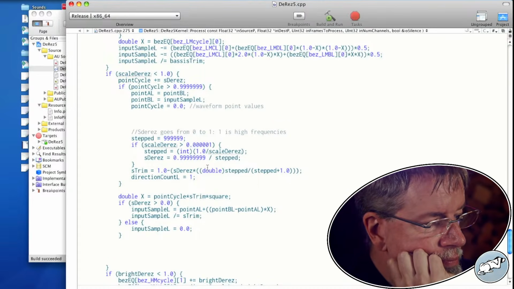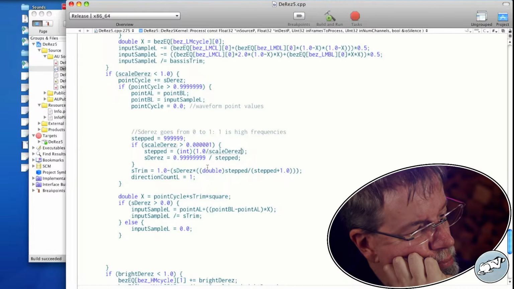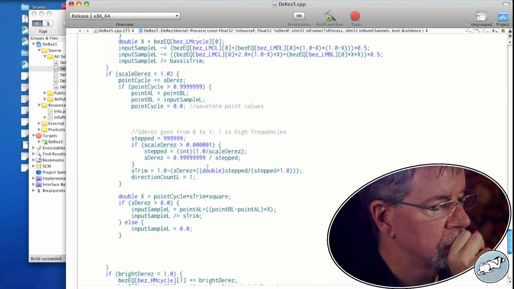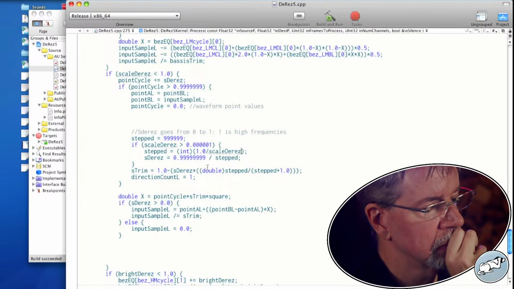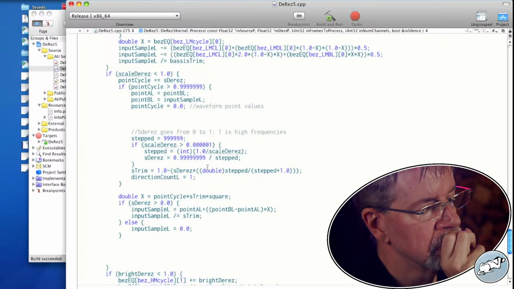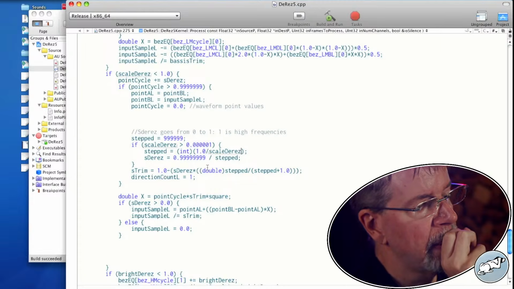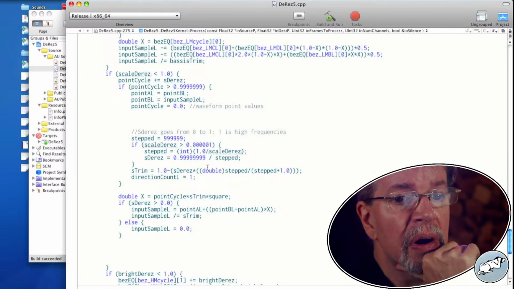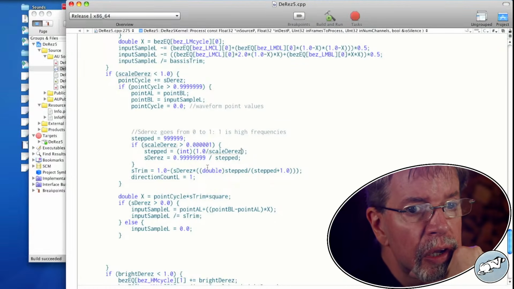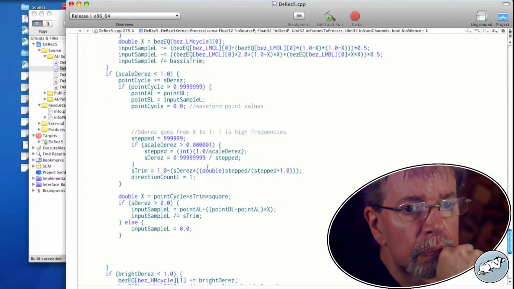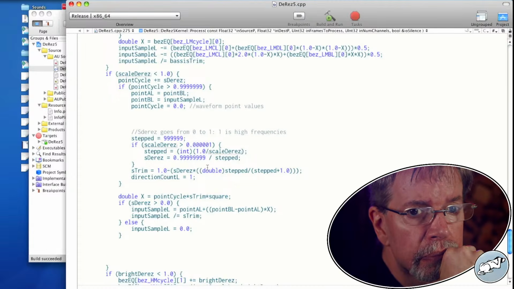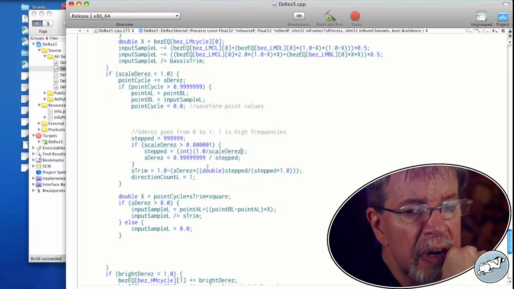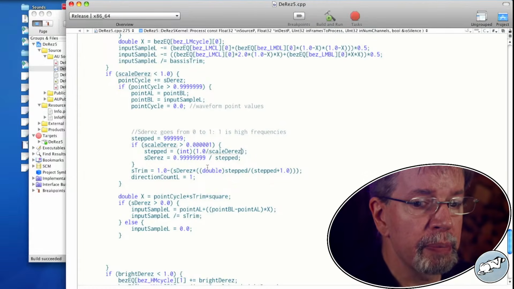Rather than do this based on that, we can try doing it not based on that. 1 is high res. As we go increasingly to 0, we start making larger steps.